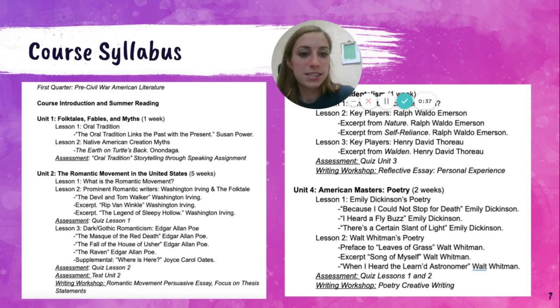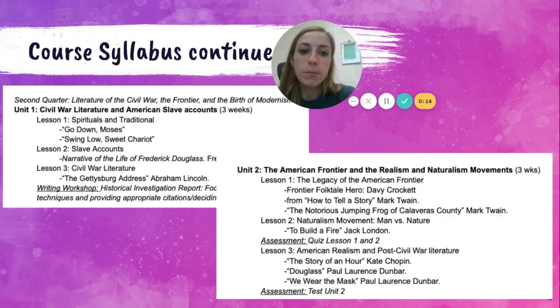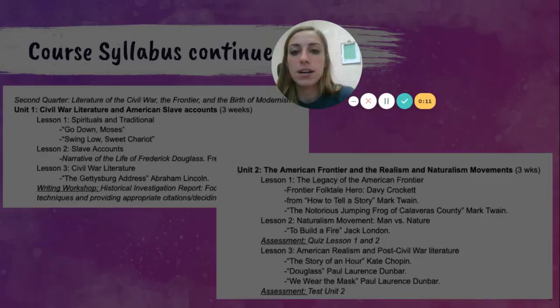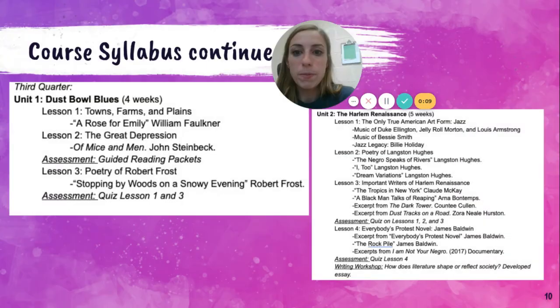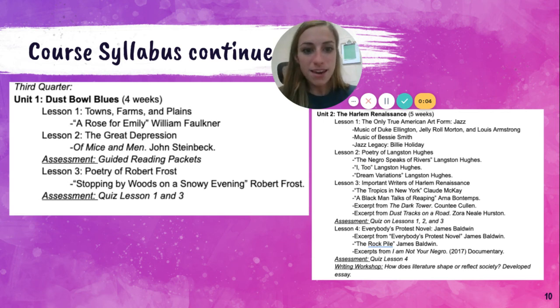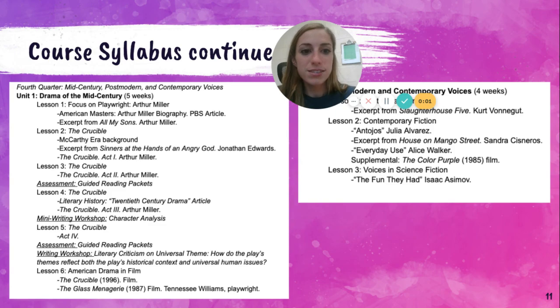If you want to see the course syllabus, it is totally up on Canvas. So I'm not going to go through everything, but you can see that we sort of go by different literary movements. So we've got oral tradition to begin. Then we go through the Romantic movement in the United States. That includes Washington Irving, Edgar Allan Poe. We'll do some poetry, Mark Twain, the American frontier. We're going to do some modernist stuff. We are going to read a longer novel, which is Of Mice and Men, Harlem Renaissance. So this is for you to look